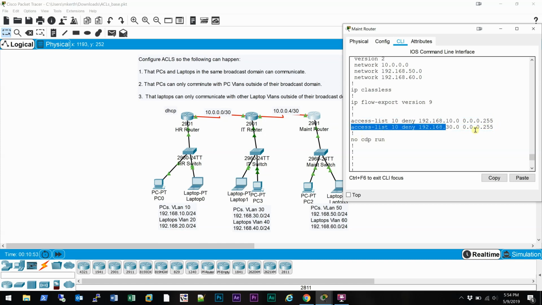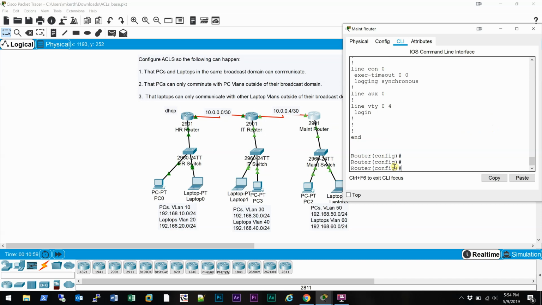No. Do you match the second statement? No. I don't have you matching any statement. My implicit deny says block this traffic. So we need to go back in, do access list 10,